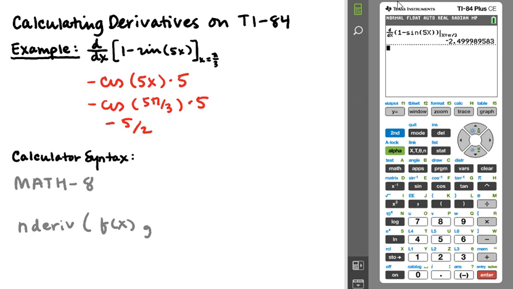Okay, f of x, comma. You're going to type in x, so it knows to take the derivative with respect to x. And then you're going to put in the value of x that you want to take the derivative at. So in our example,